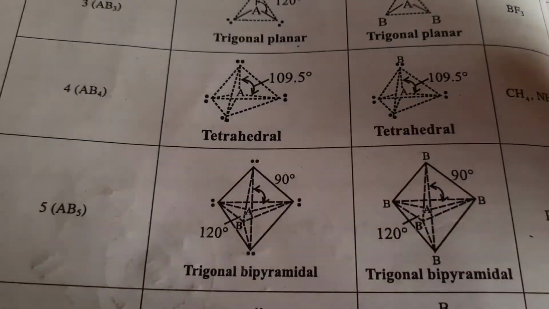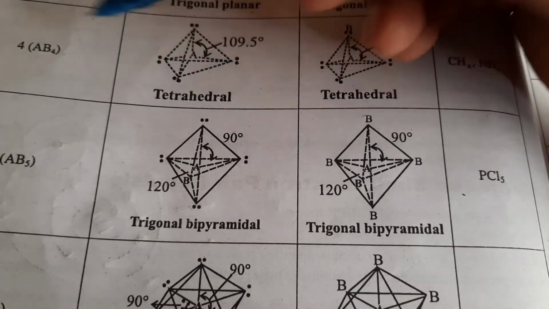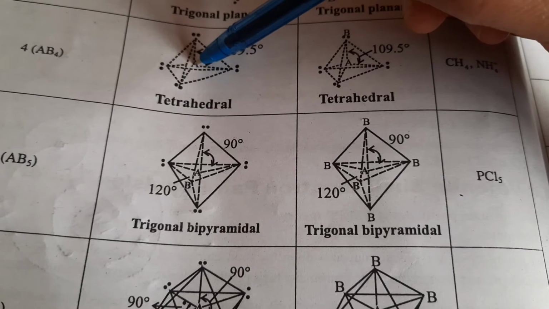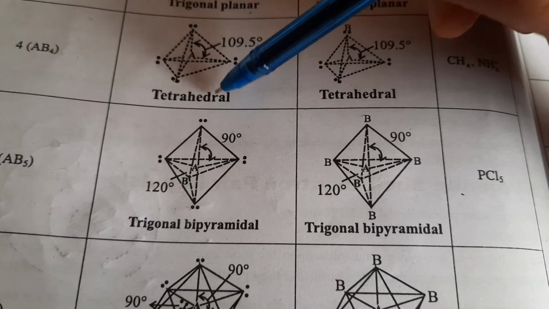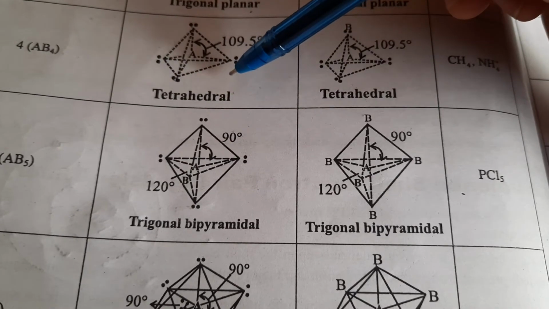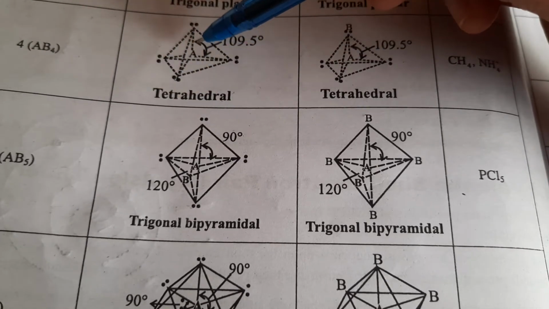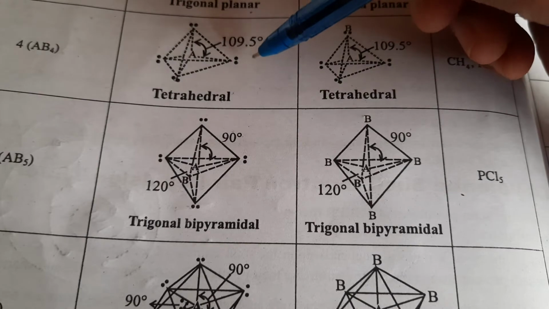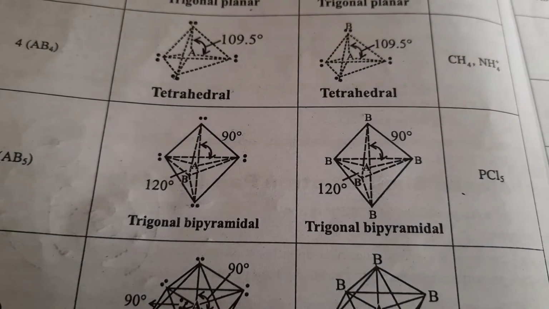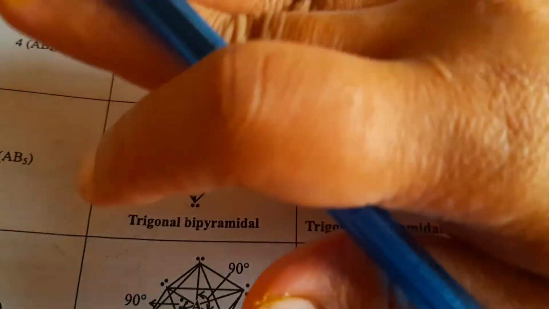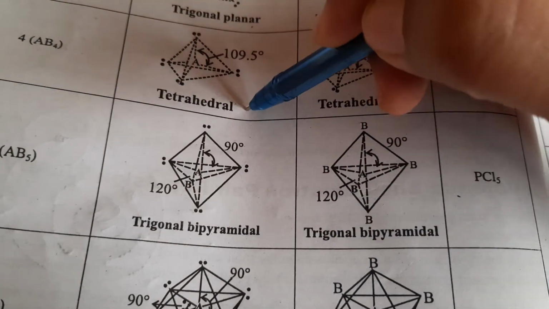Likewise, we have the third type of classification, referred to as AB4. In AB4 you can see we have the central A atom and 4 atoms directly bonded. In such a case, it is referred to as a tetrahedral shape. Methane molecule you have seen, no? The methane molecule shows a tetrahedral shape. If you have a ceiling fan in your room, the blades lie on the same plane, but if you bend them, then that shape is referred to as tetrahedral.